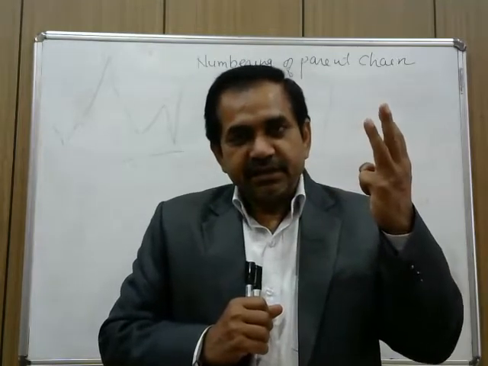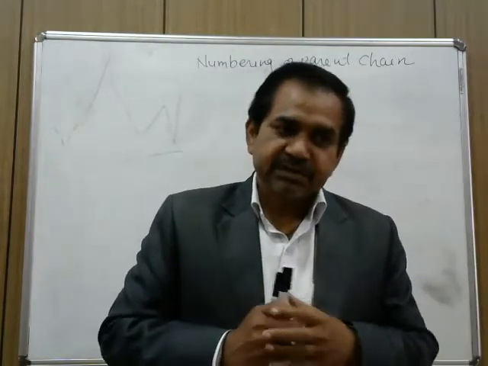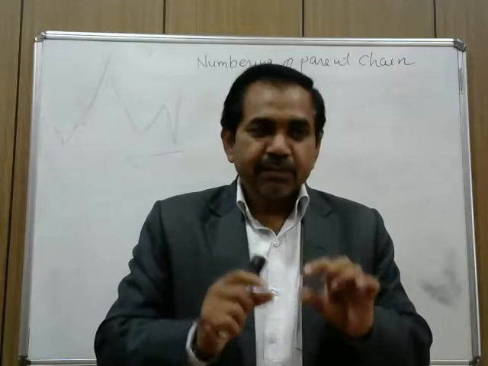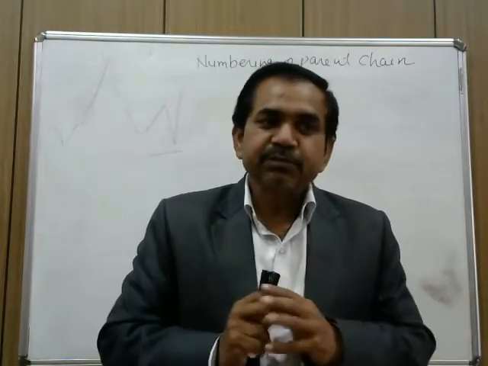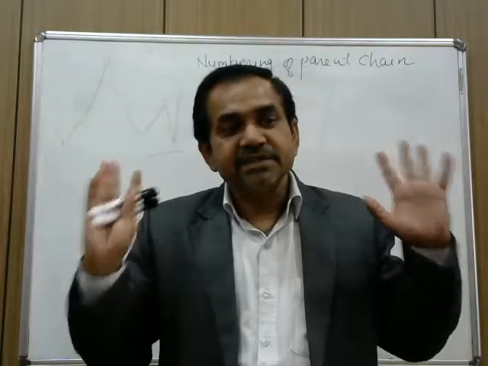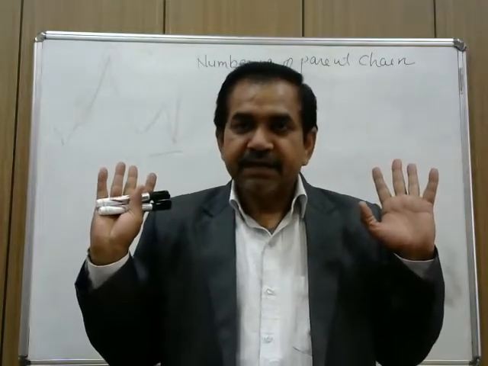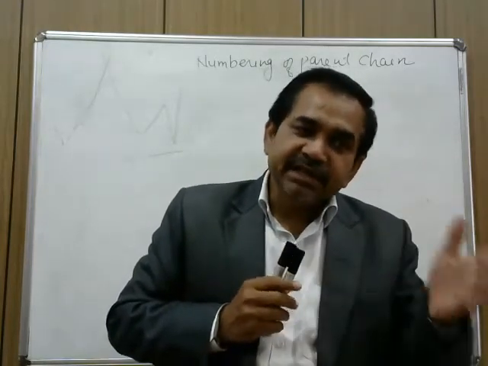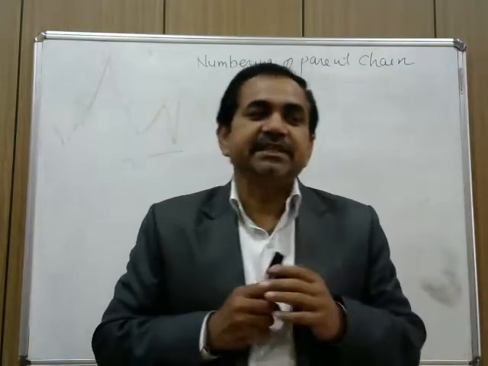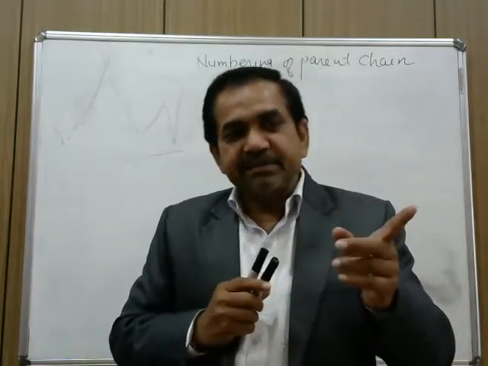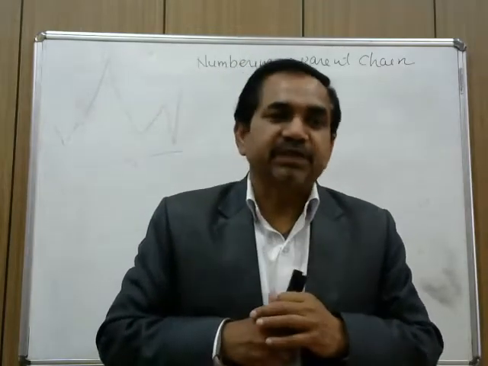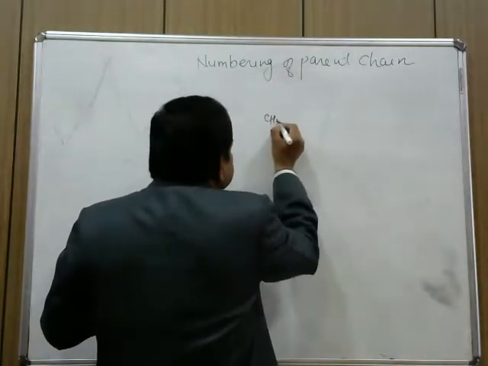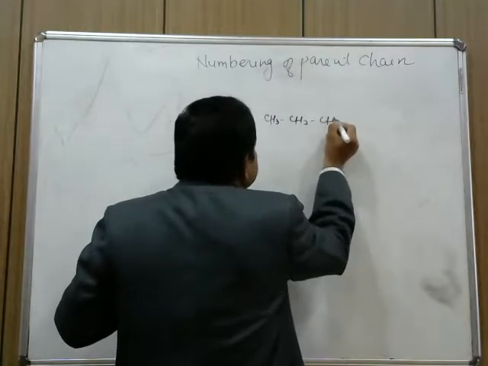three conditions are observed. Three conditions are observed. Number one, the compound neither has a functional group nor has it got a substituent. And if this sort of compound is encountered, then numbering can be done from either side of the chain. Here the purpose of numbering is only to find out the root word. Say for example, I have got a compound like this, CH3, CH2, CH3.